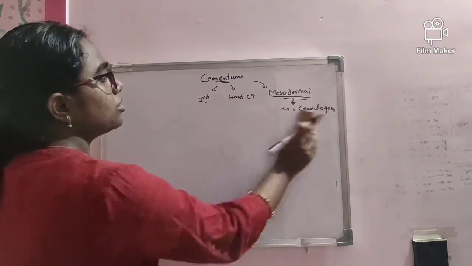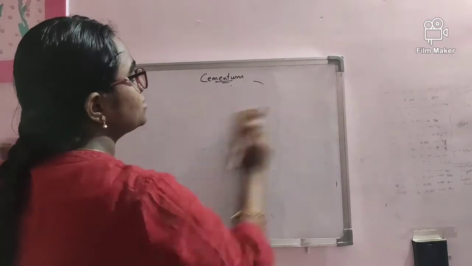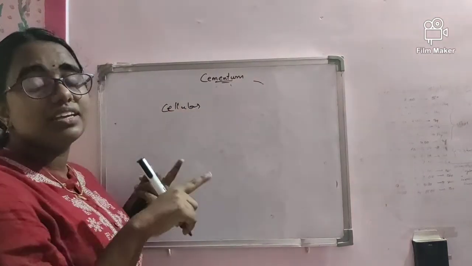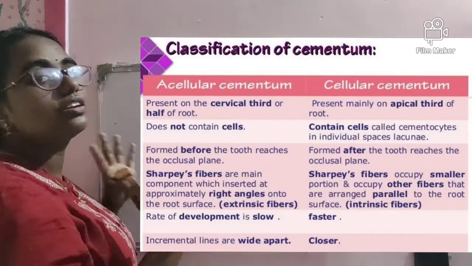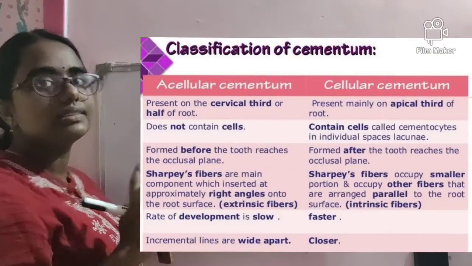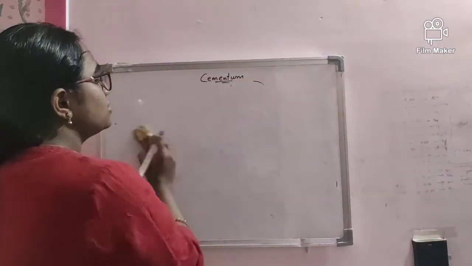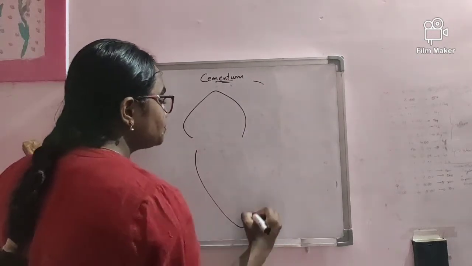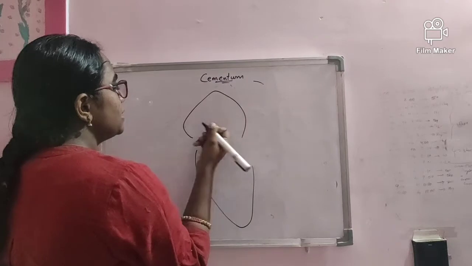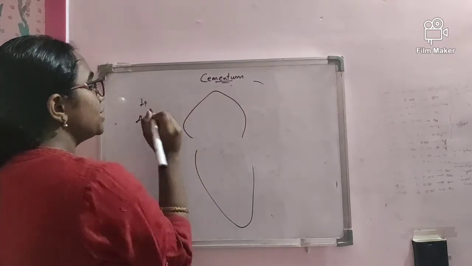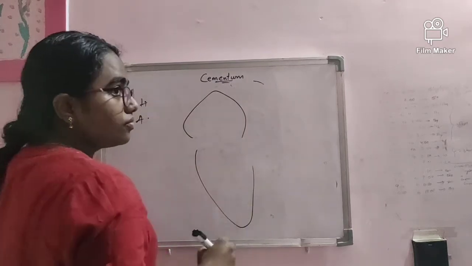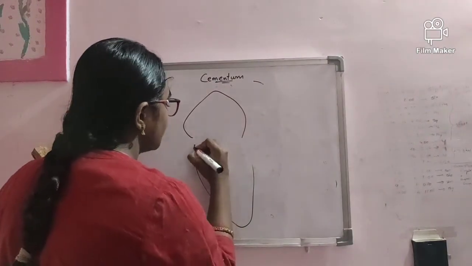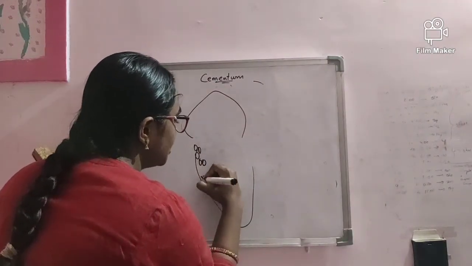The cementum is also divided into two, cellular cementum and acellular cementum, and I have linked a photo here to understand the differentiation between the cellular and acellular cementum. So let us give a quick recap about what we learned. We learned that the cementum is a hard tissue, it covers the anatomical root, and I forgot to explain to you about Sharpey's fibers, sorry. So this is a Hertwig's epithelial root sheath, right?